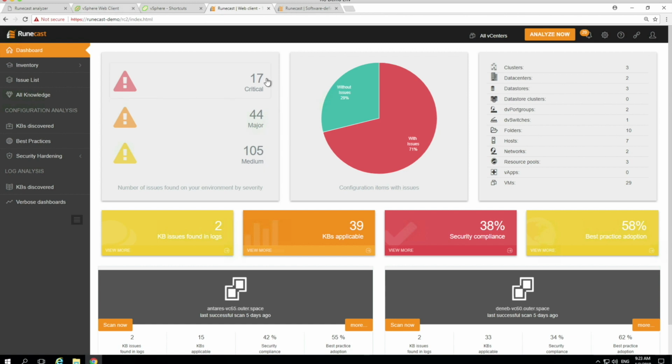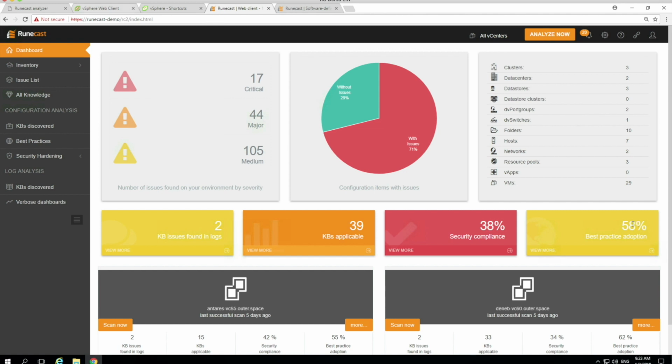This is looking at proportionality of objects within your data center with and without issues. And then there are some headline stats here in terms of number of KBs found in the logs, KBs which are specifically applicable to your configuration, and your level of security compliance overall and best practice adoption. So there are high-level metrics there.